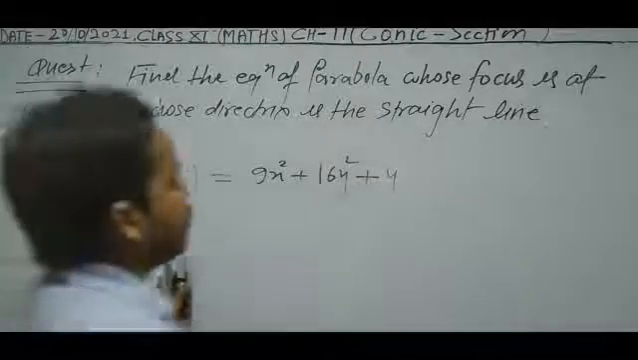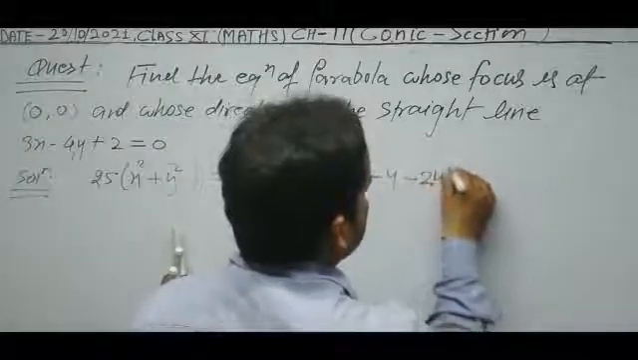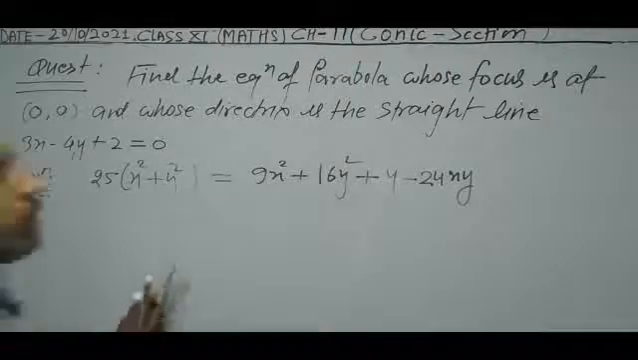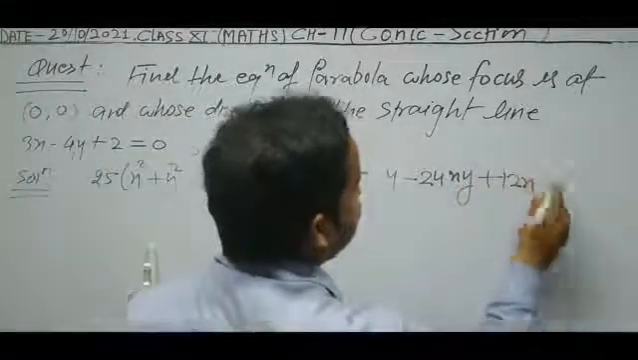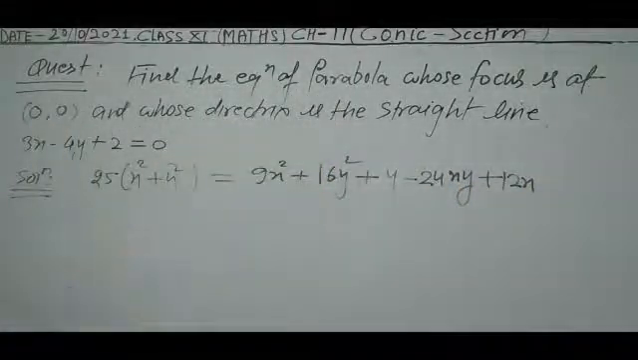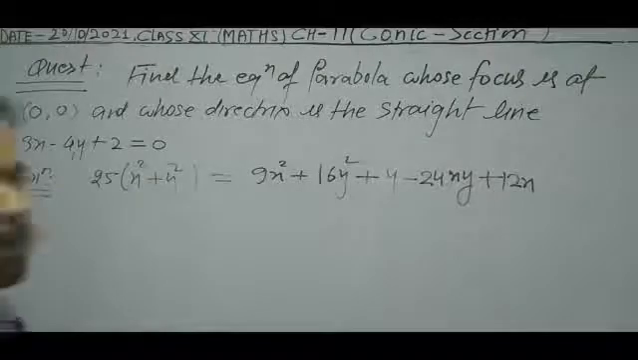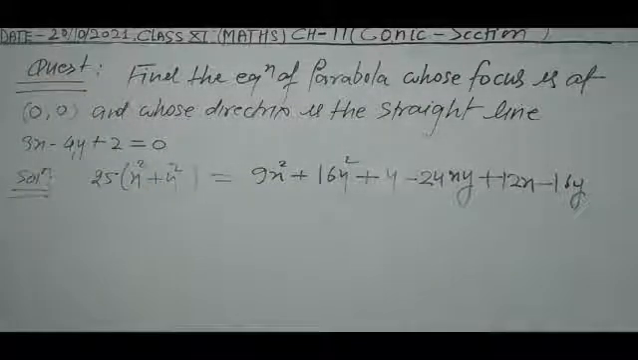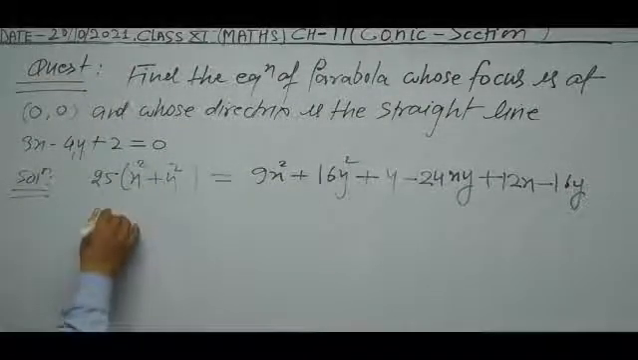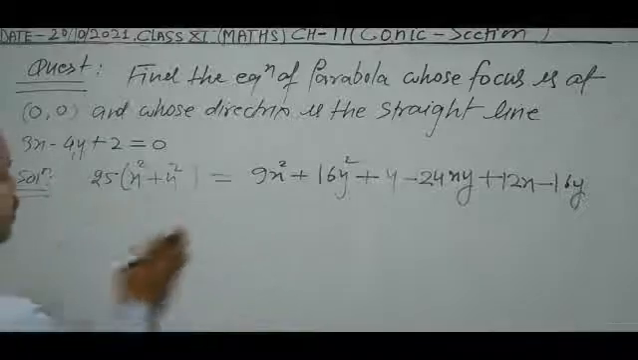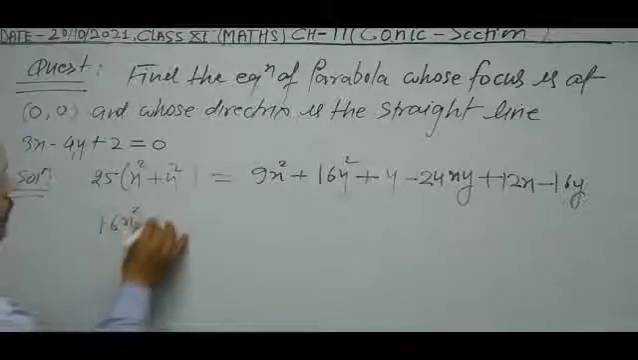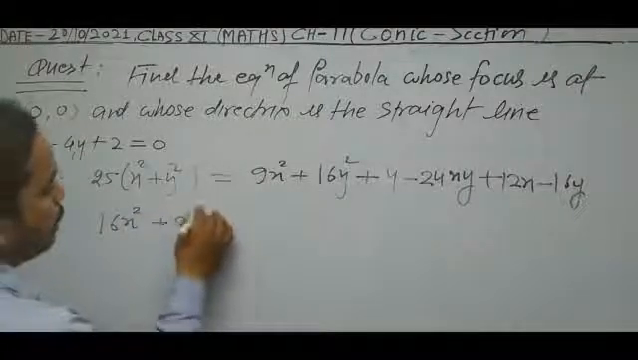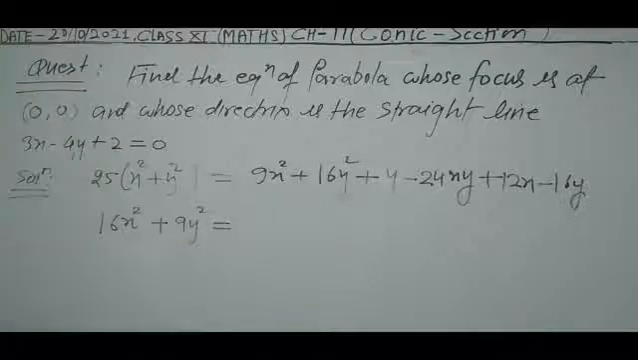means minus 24xy, and now plus 12x, and now this is minus 16y. Now calculation means 25x square minus 9x square, result will be 16x square, plus 25y square minus 16, result will be 9y square, is equal to